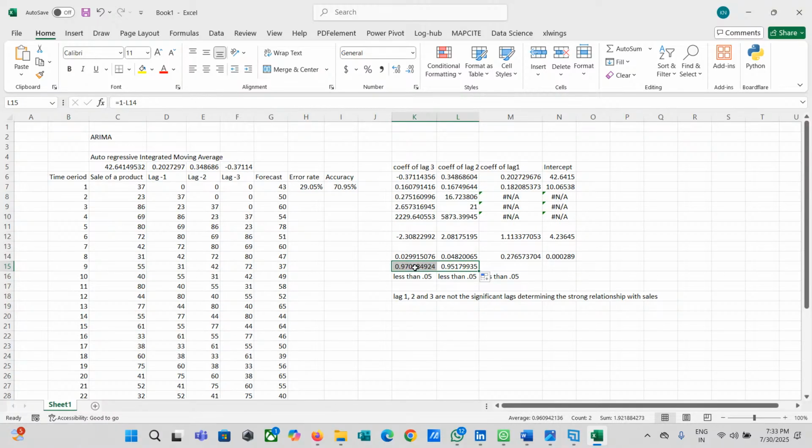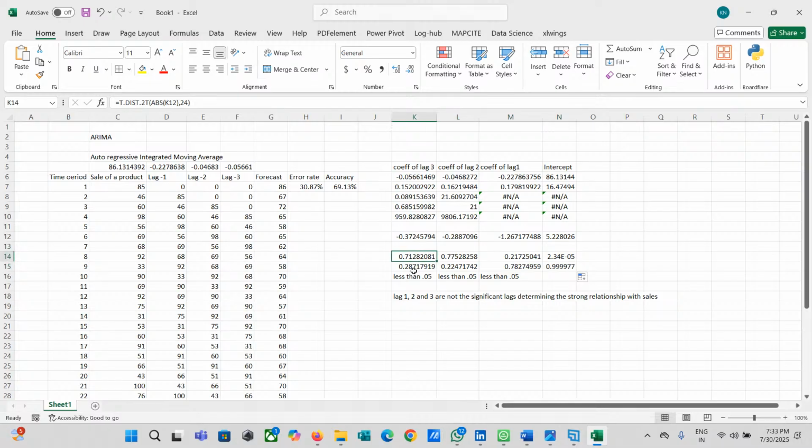Now we are seeing some relationship, because we are using a random variable. So there's a 28% chance that there is a strong relationship between lag 1 and sales. There is a 22% chance of a strong relationship between lag 2 and sales. There is a 78% chance of a strong relationship between lag 3 and sales.